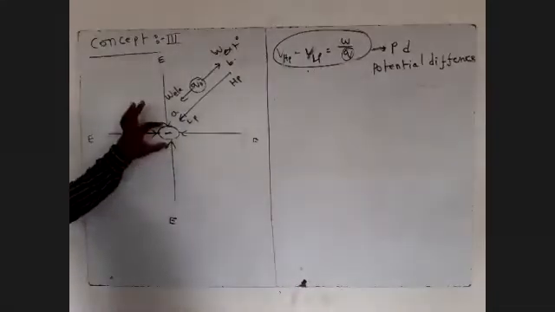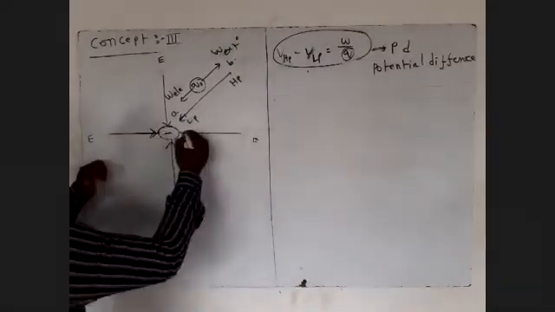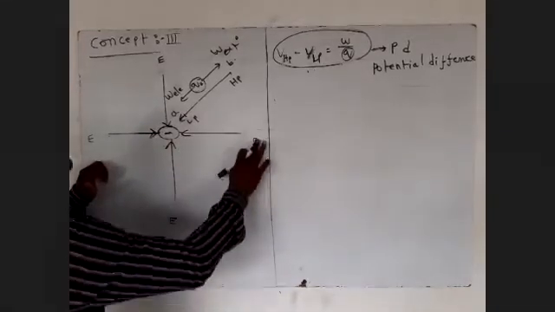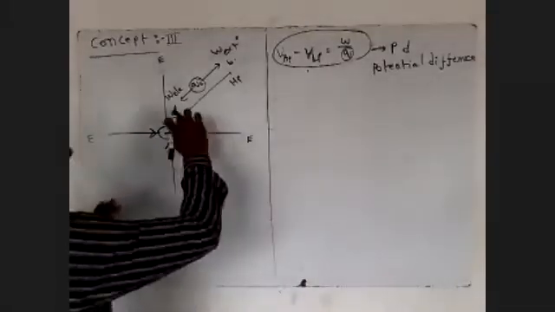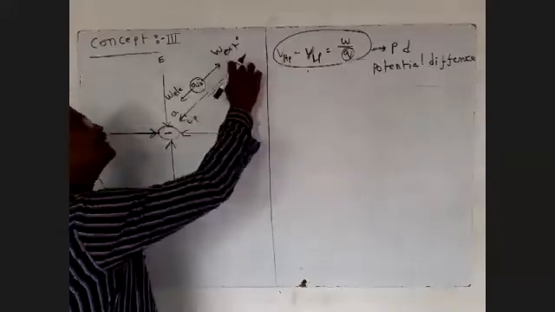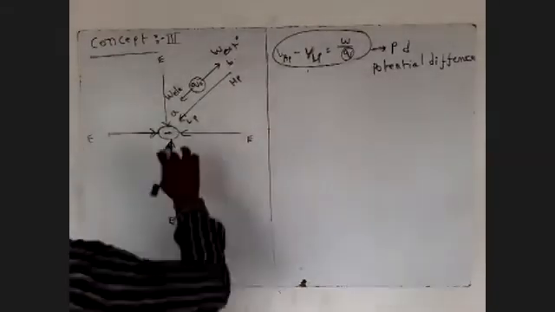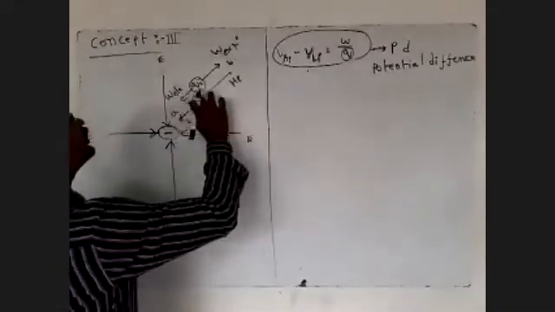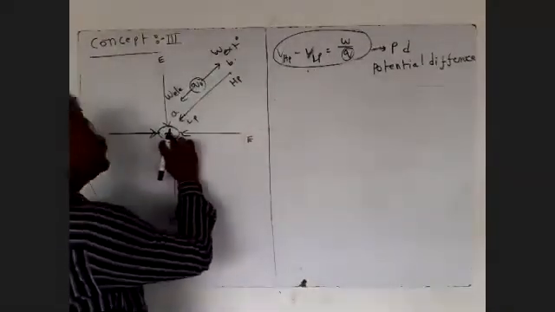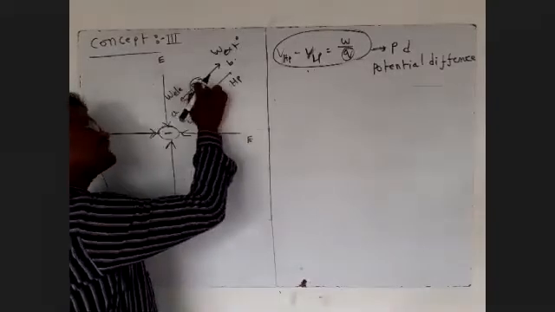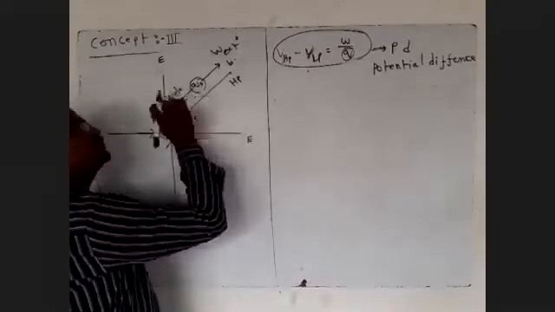You see the charge. This is a negative charge. The direction of electric field is towards a charge. That is the direction of electric field. This is point A, this is point B. Okay, come to the point. This negative charge will attract a positive charge towards it. That is the work done by the electric field.